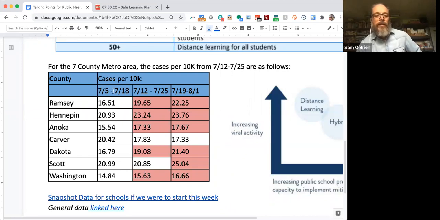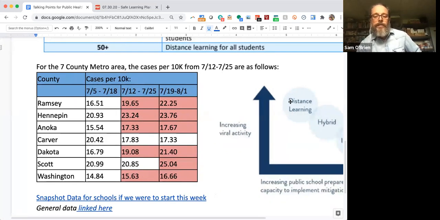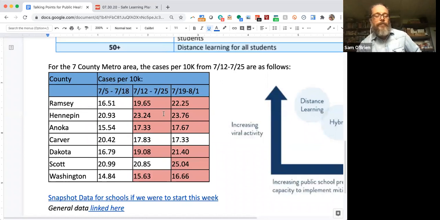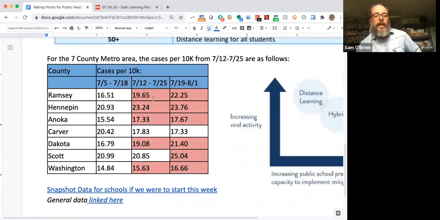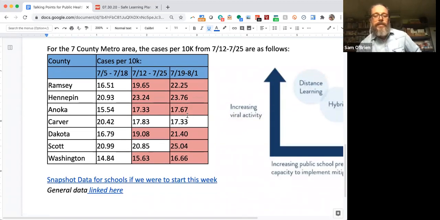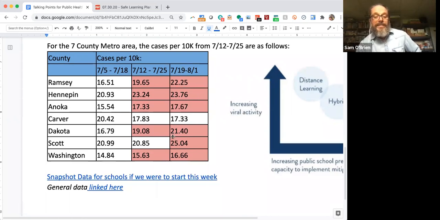And what we've done is, over the last 3 weeks since we've been doing these family forums, we are charting whether or not case rates increased. And so if they are increasing over time, that is increasing viral activity, and we are more likely to do more distance learning type activities, less likely to be in person. And so even just between last week and this week, so again, the data through 7/25 versus the data through 8/1, right now, as of today, this data from 8/1 is the most recently released data. And we see that in 6 of the 7 counties, not good epidemiological news, cases increased.